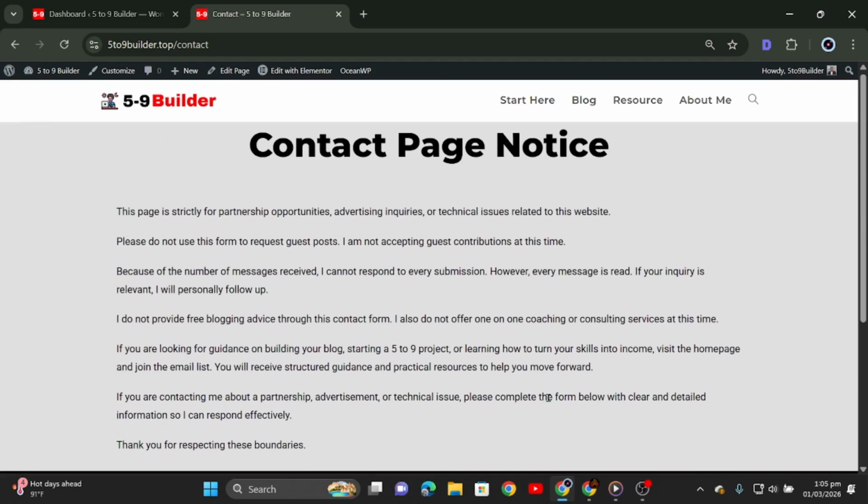We only created this and I am not done yet. So I have to go and finish the contact page design. What we are going to do now is to finish this page design and then confirm that we have finished all the settings and everything is in place. All right, so let's go